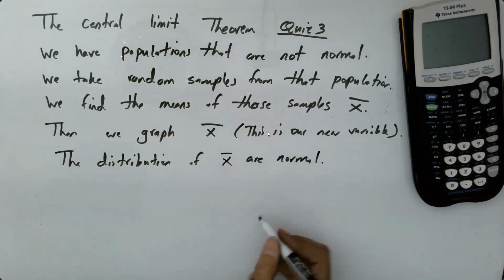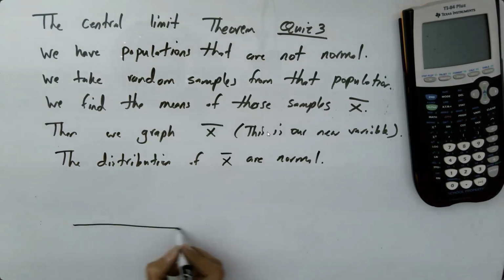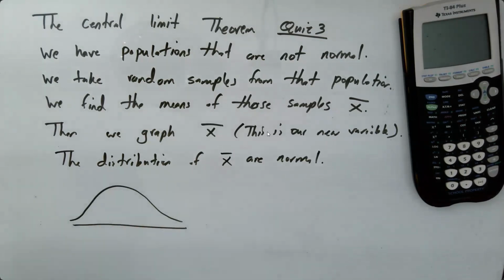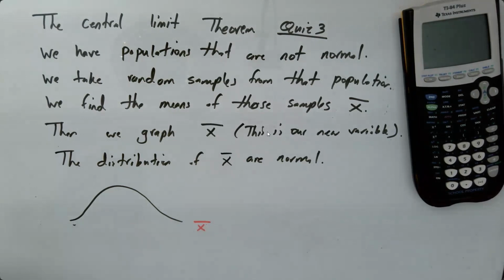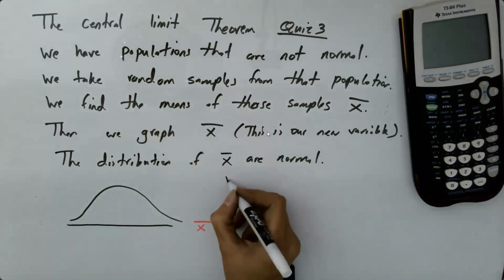So it gives you a normal distribution. On the horizontal line, you're going to use X bar as the new variable. And we call it the sampling distribution